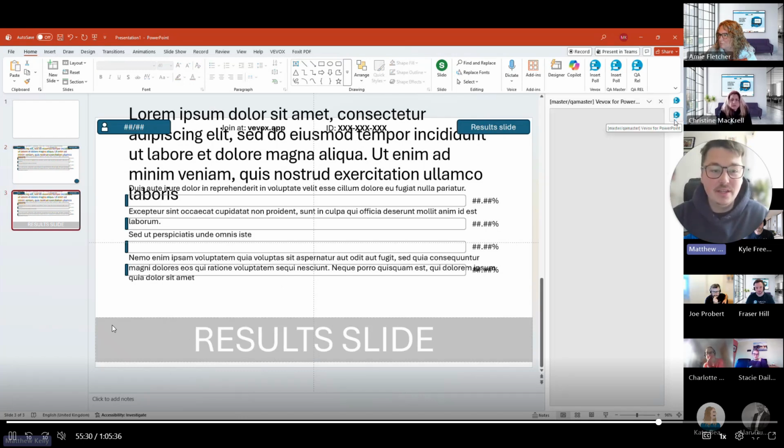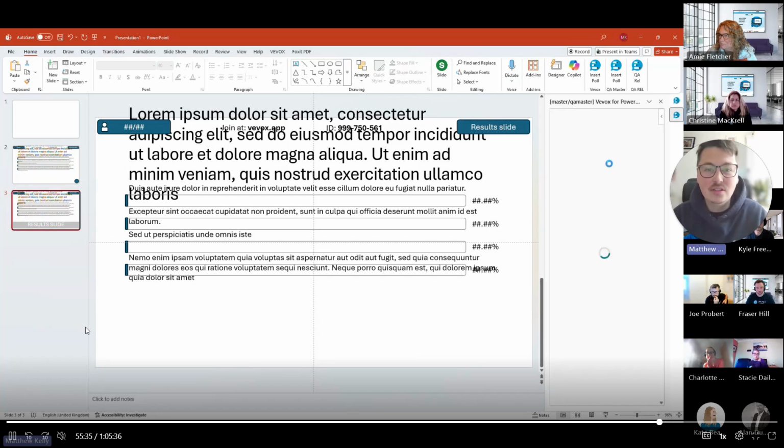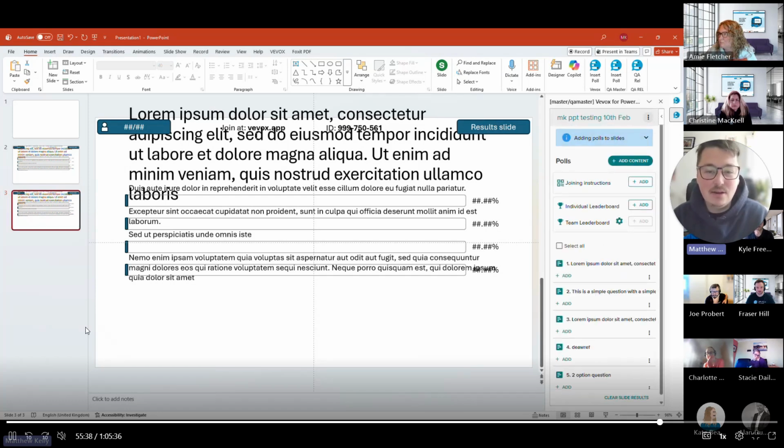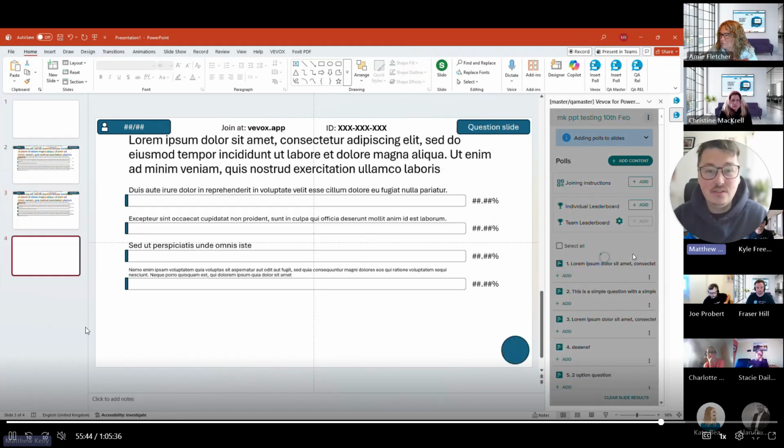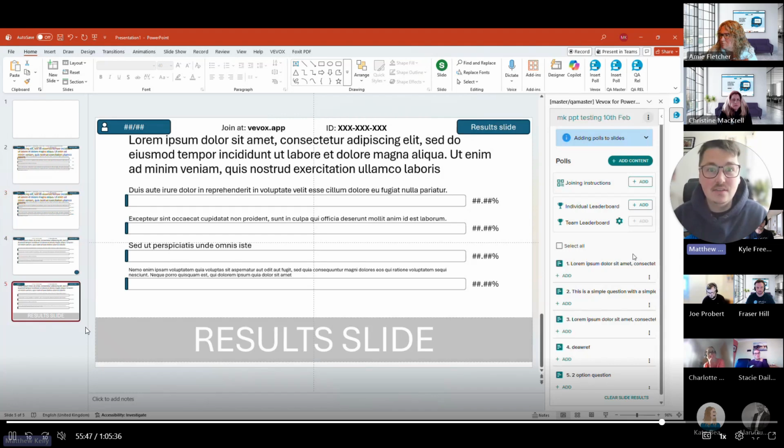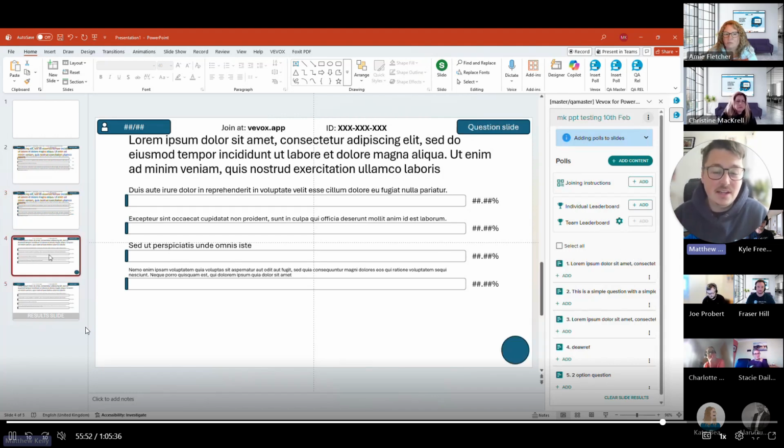Now, what we do have coming on the update, as I mentioned, on the 16th of March 2026, is that when you add a question in, we have fixed these formatting issues. So you add the exact same question in to your slides and you can see that the question title text will automatically fit with the slide, and also those options with your choices will fit with the slide. So now you can see that the slide is a lot more clear and the options and the title on there